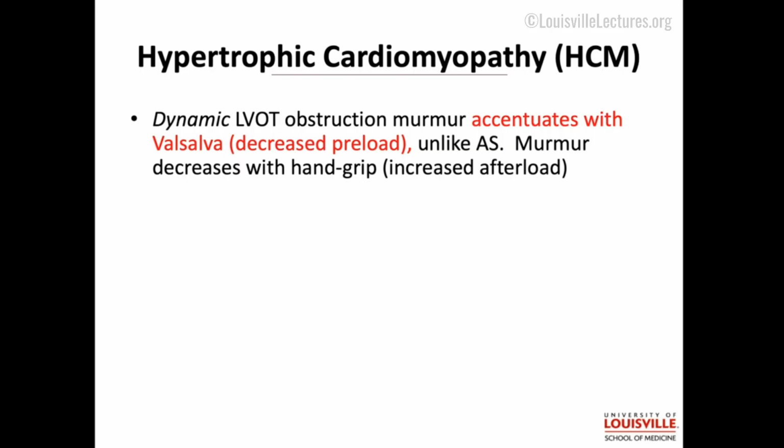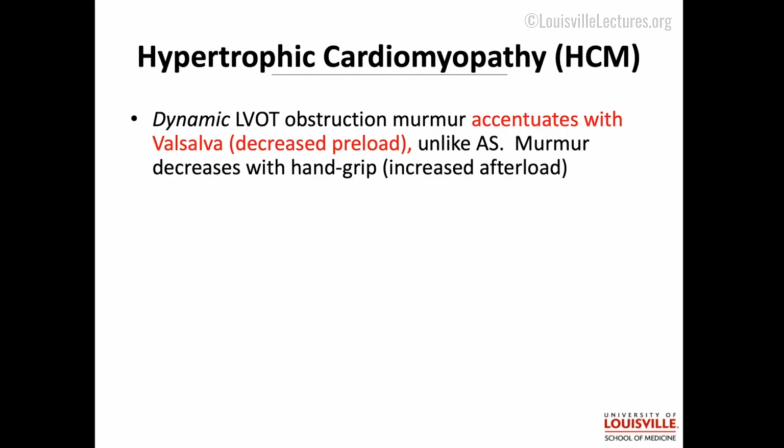So when preload is decreased, that means that the left ventricle is compressed more. It's not as filled. And so the HOCM is brought closer together, more turbulent flow, therefore a higher and more easily audible murmur. Does that make sense? So if you decrease the preload, the walls are coming closer together, you actually get more turbulent flow, and therefore you have a louder murmur.